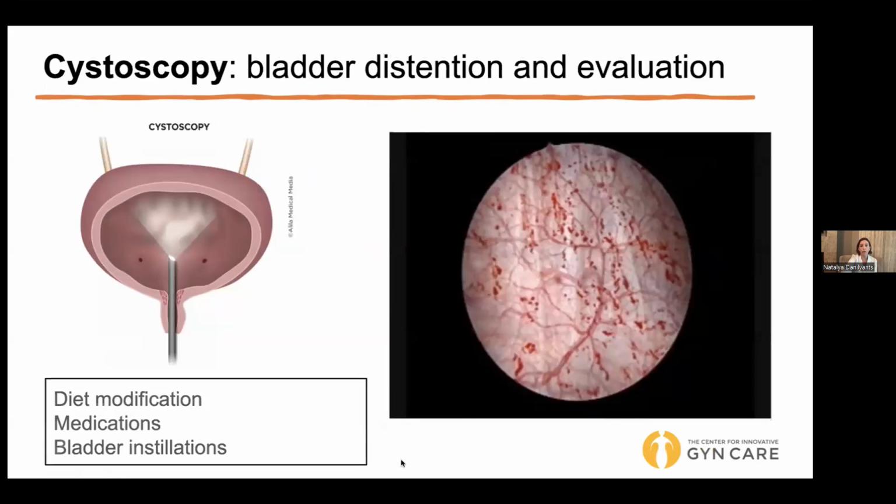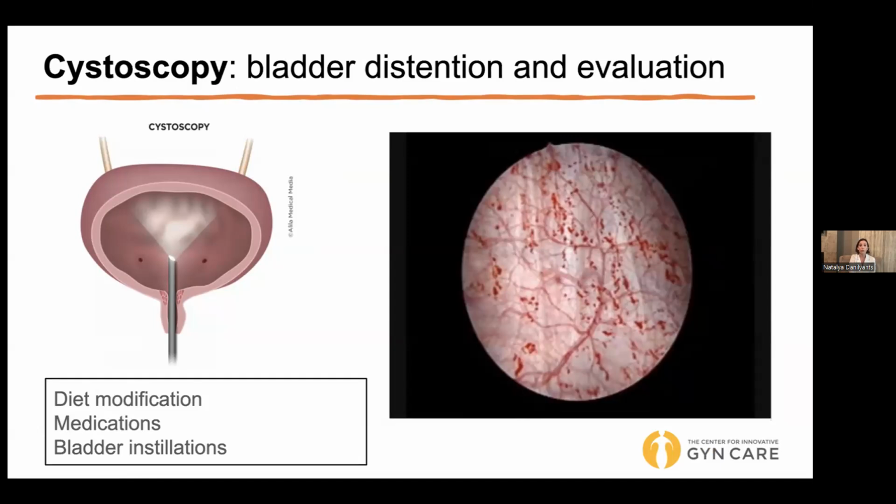The bladder, the painful bladder syndrome, so it's cystoscopy, which is, again, using the camera approach, but now you're looking inside the bladder, and it's done at the same time as the laparoscopy. And so with interstitial cystitis, which is the painful bladder syndrome, what we do is we over-distend the bladder, and then sometimes you'll see these petechial hemorrhages, so they're actually bleeding from these little blood vessels. And so if that's identified and that's consistent with patients' clinical symptoms, because typically you don't have to see this to have interstitial cystitis. A lot of it is based on clinical findings, so meaning symptoms.